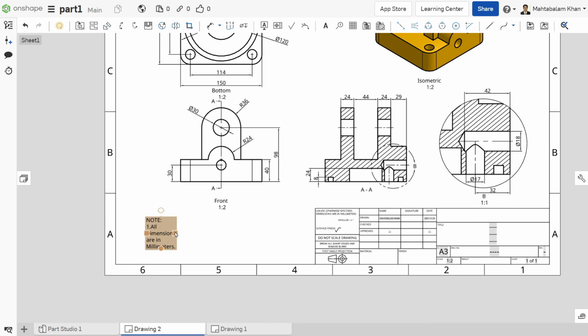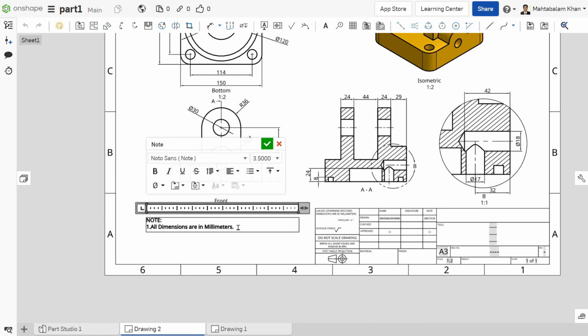Escape key, just drag this one here, double click, select whole, and from here you can change the size, let's say 5.